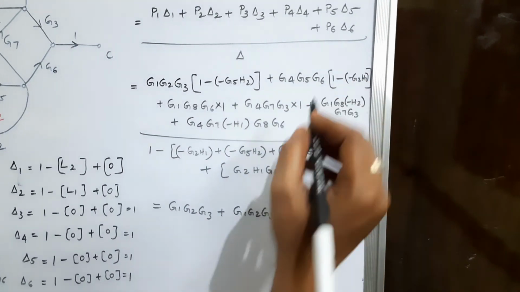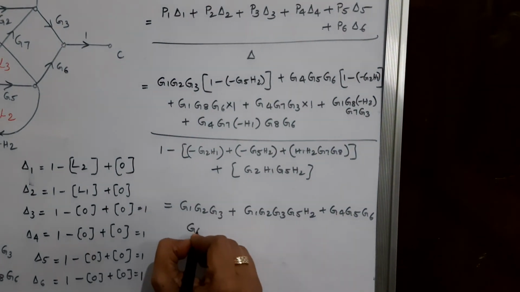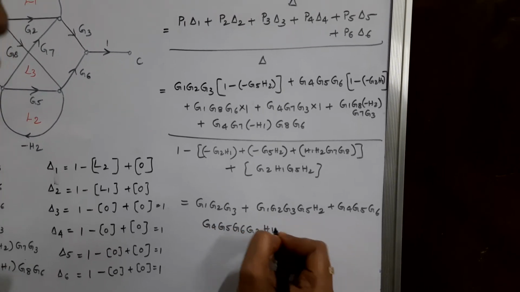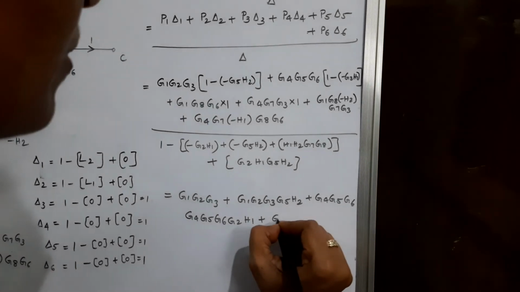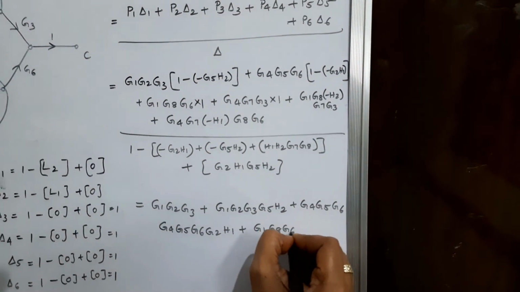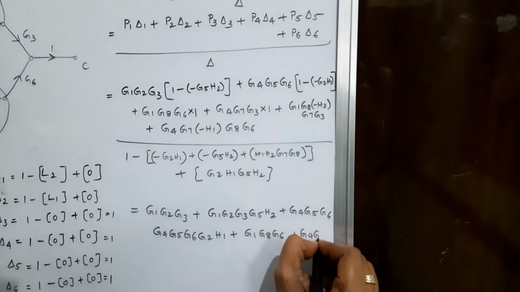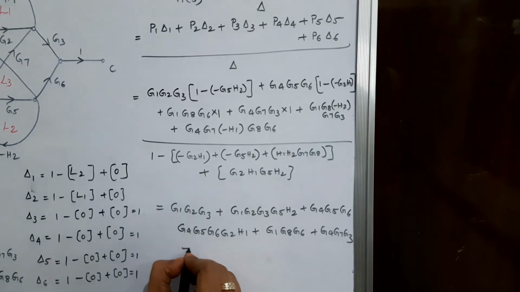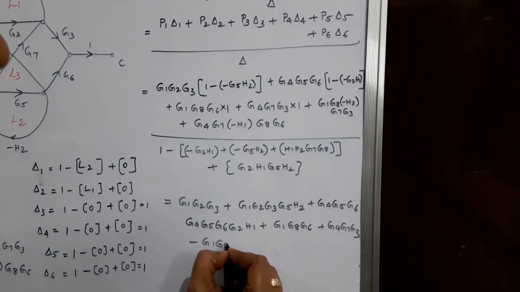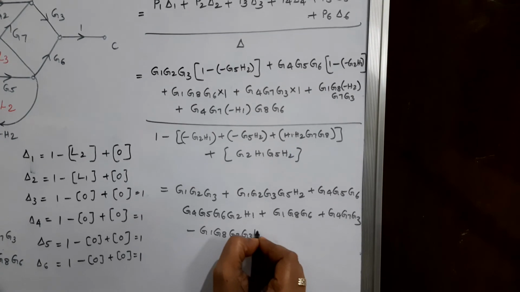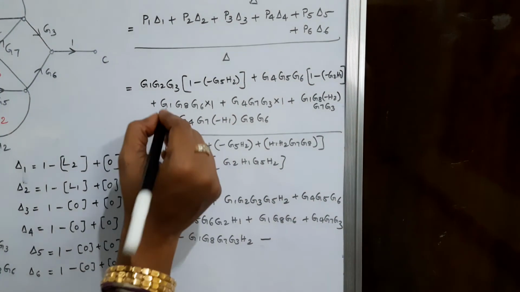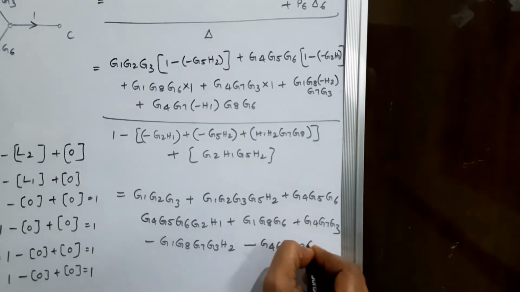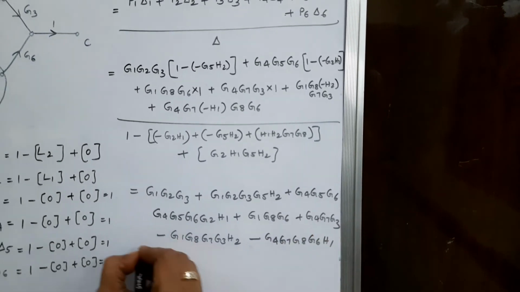Again minus into minus here becomes plus G4 G5 G6 G2 into H1. The rest all remains same, that is G1 G8 G6 plus G4 G7 G3. Here I'll write minus because we have minus H2 here. Minus G1 G8 G7 G3 H2 minus, because minus into plus is minus G4 G7 G8 G6 and H1 upon